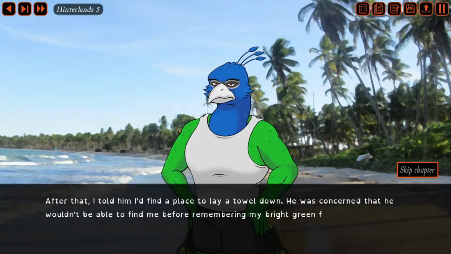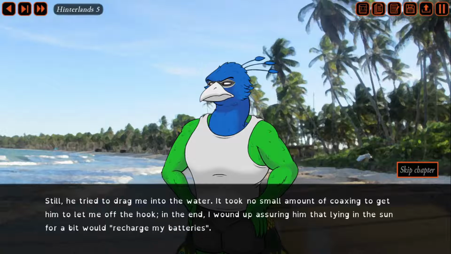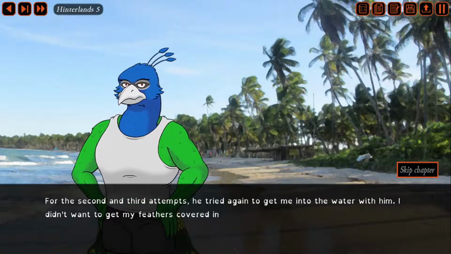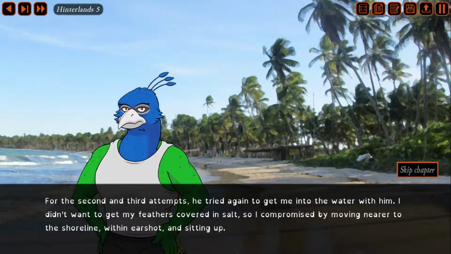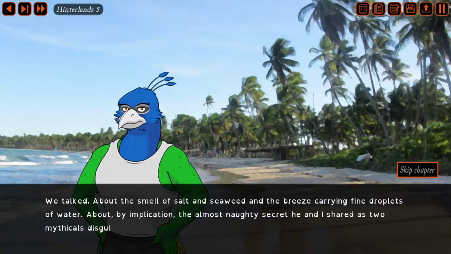After that, I told him I'd find a place to lay a towel down. He was concerned that he wouldn't be able to find me before remembering my bright green feathers. Still, he tried to drag me into the water. It took no small amount of coaxing to get him to let me off the hook. For the second and third attempts, he tried again to get me into the water with him. I didn't want to get my feathers covered in salt, so I compromised by moving nearer to the shoreline, within earshot and sitting up. We talked about the smell of salt, seaweed, and the breeze carrying fine droplets of water,